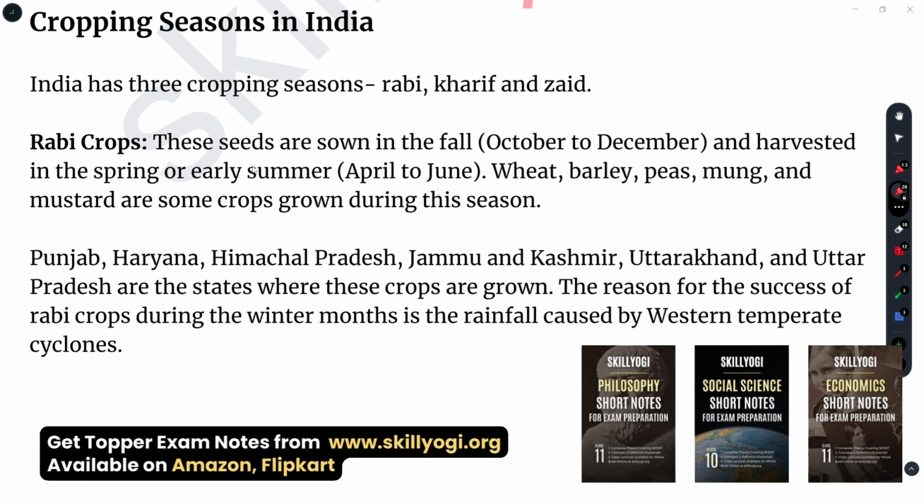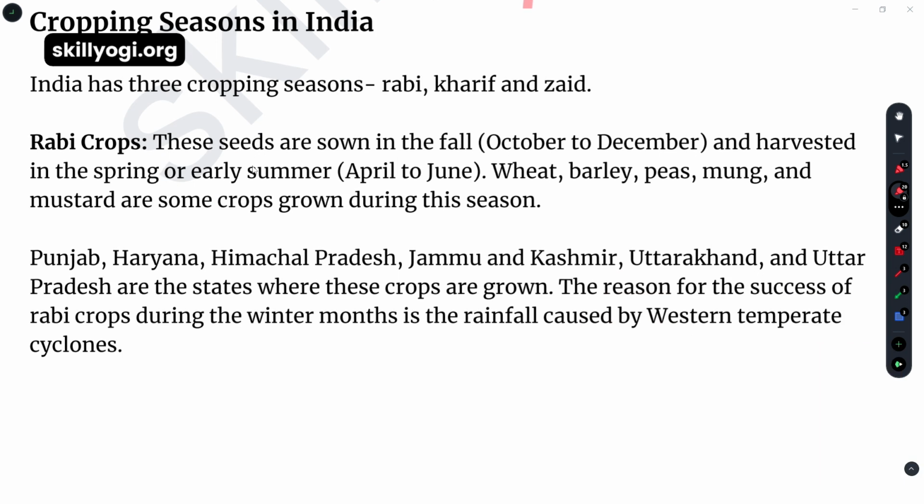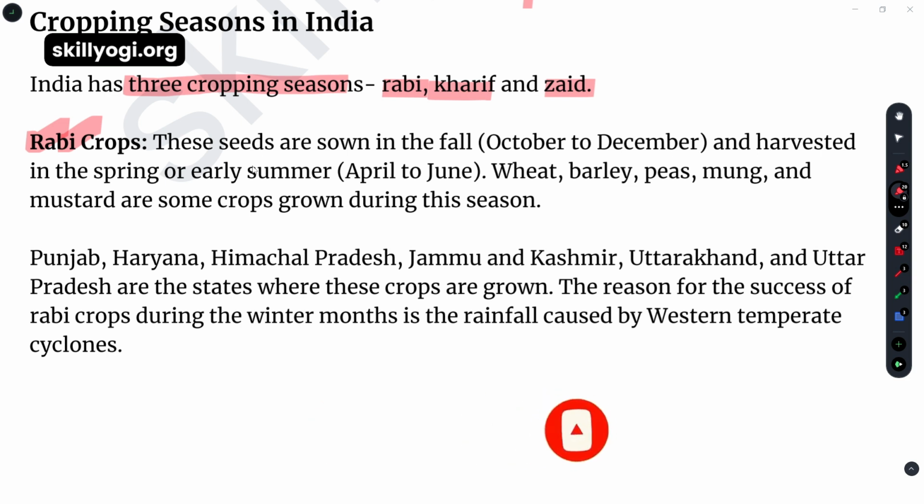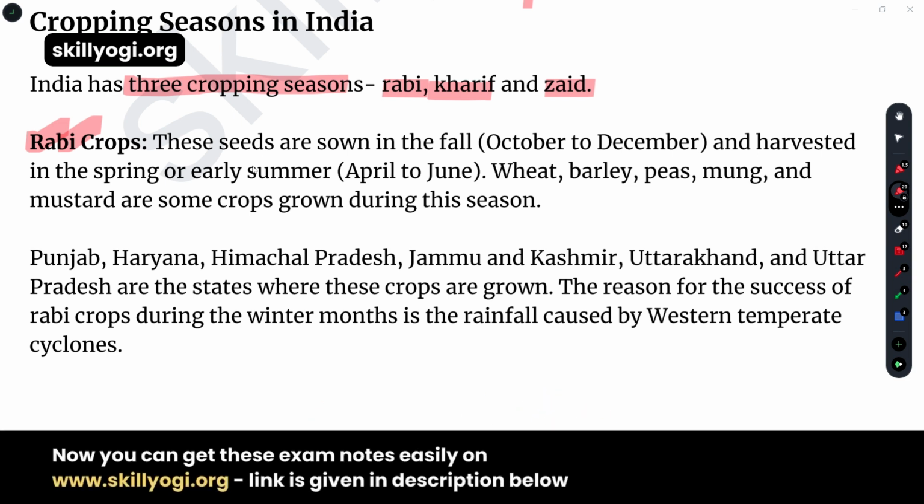India has three cropping patterns or three cropping seasons. Yes, the first one is Rabi, the second one is Kharif, and the third one is Zaid. First, we are going to know about the Rabi crop. Rabi is basically the winter season crop, and you can also find out the season: the seeds are sown in the fall from the month of October to November, and that's why it's called